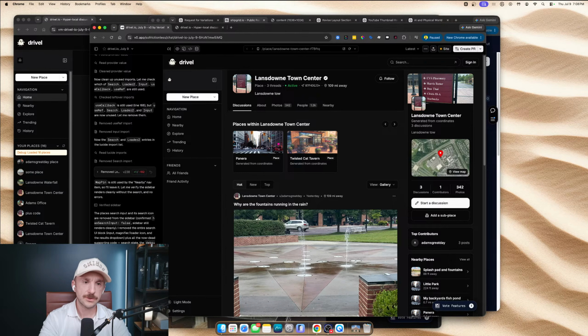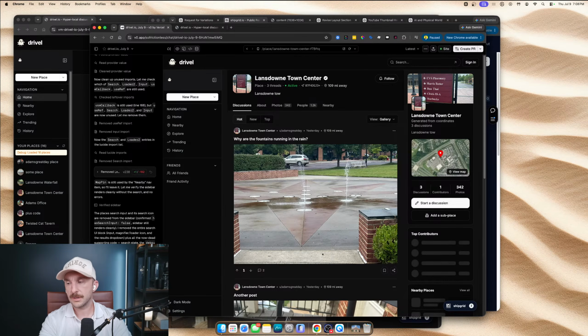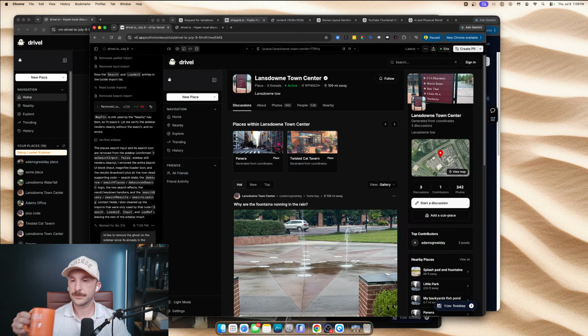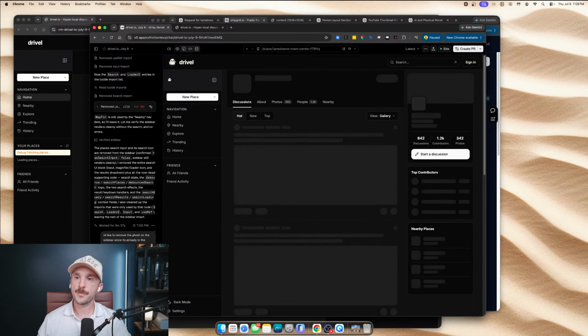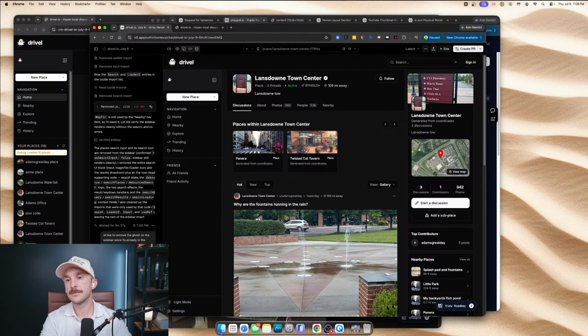So I'd like to remove the ghost in the shell. No, the ghost on the sidebar, since it's already in the header. Let's see what that does.